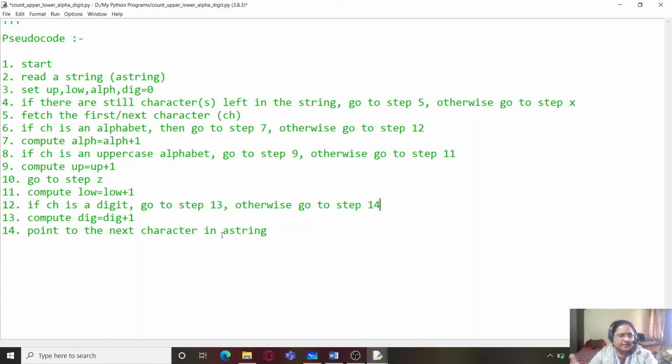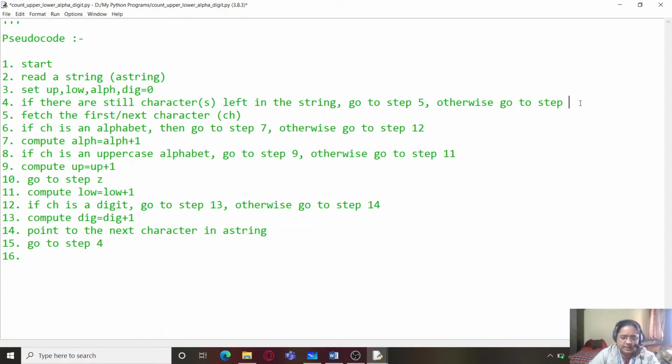That is, if the character is not a digit also, then we will simply go to the next iteration of the string. And hence when it goes to the next point, we will simply write go to step 4. That is, it will again loop back to step 4 and start with the next process. And after that, step number 16, we are going to print all the values.